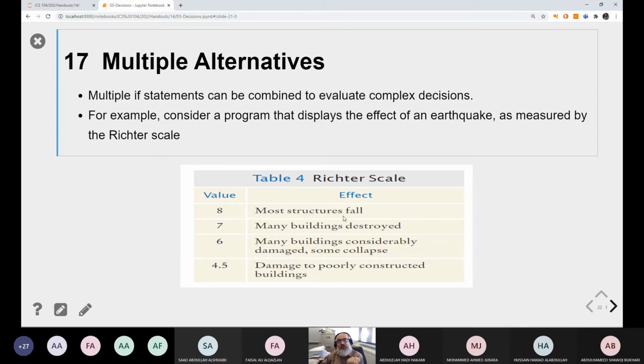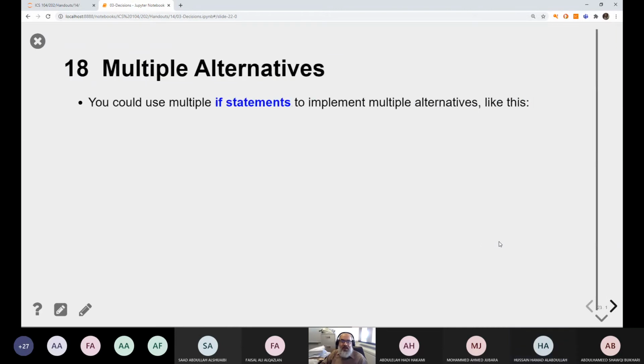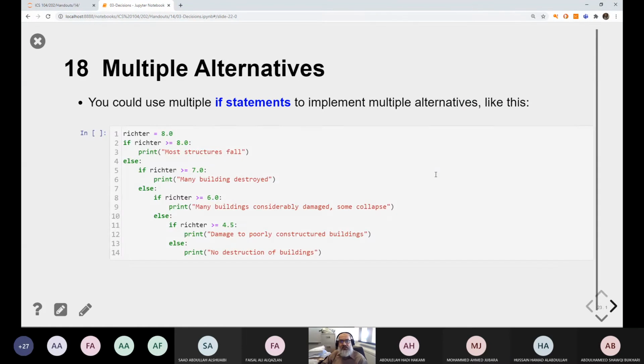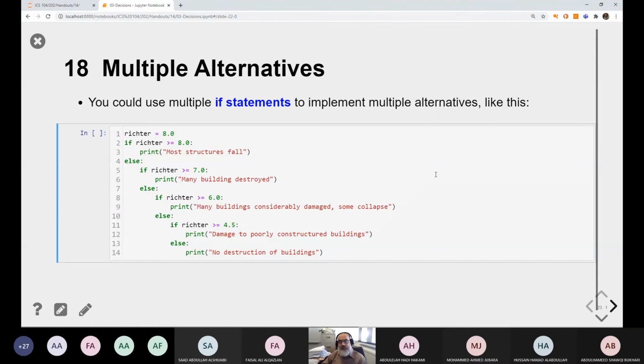Now, can't I use nested branches? Yes, of course, but it will be long. So we can use multiple if statements to implement multiple alternatives like this. Look at this. Here I'm using nested if statements. Richter is equal to 8. If it's greater than or equal, I don't like this. Let's change this to Richter equals